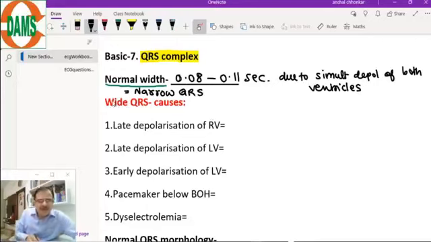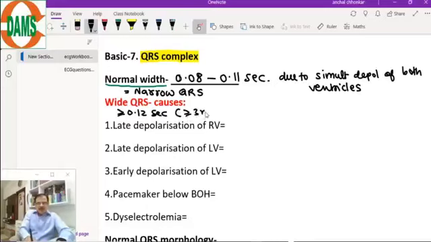So the causes of wide QRS complexes will be, now these are the hints given to you and your answers sequentially. So how do we measure it? We measure it from the start of the QRS till the end of the QRS. So the wide QRS complex means it is more than or equal to 0.12 second, that is more than or equal to 3 mm. More than or equal to 3 mm will be the width in mm. Less than 3 mm is a normal width.